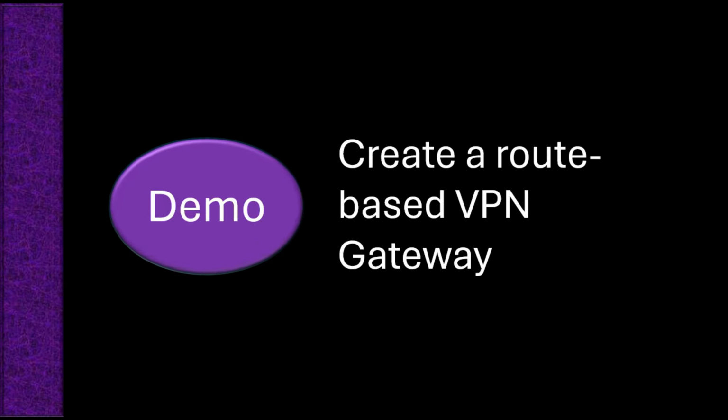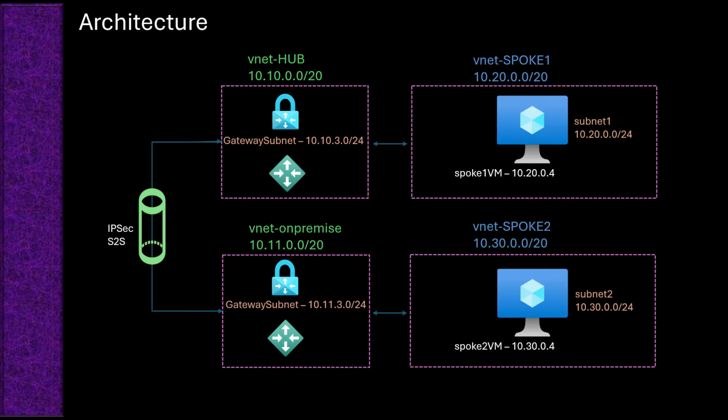In this video, we will deploy the route-based VPN gateways. But before doing that, let's understand the overall intention. Because when we think about building the network connectivity, it is not just going to be one resource. We have to have a solid understanding about various Azure constructs that we can make use of to